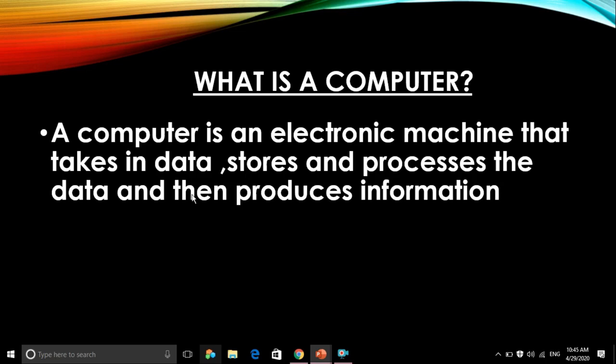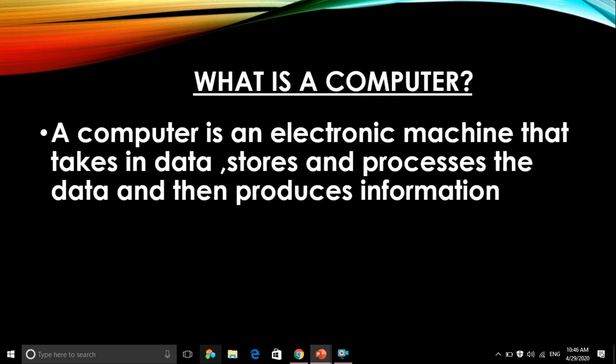So it takes data, the input is data, and then this data is being stored or processed to get information. So the input is data and the output is information. So this data is being stored inside the computer, and then it is processing, and then you will get the information. So this is the definition of a computer.